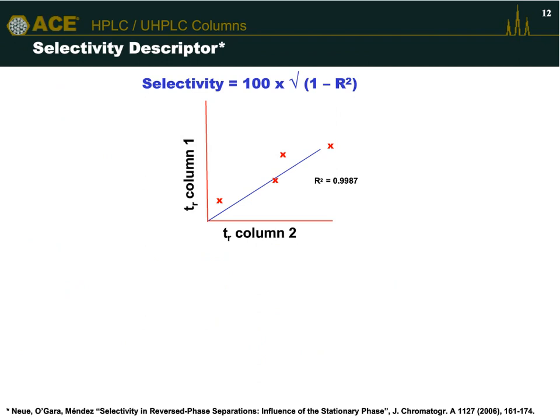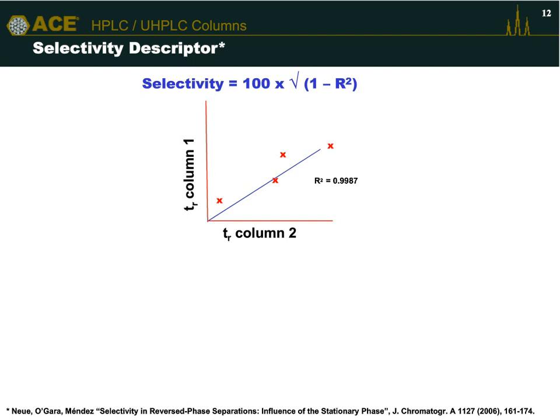So I've talked a little bit about selectivity and different columns. How do we know if columns are the same or if they're different with regards to their selectivity? And of course it's dependent upon your application with your particular analytes. And the approach on the screen is something that was published back in 2006, and the reference is at the bottom of the slide. And this is a very nice approach to understanding the selectivity differences between different types of